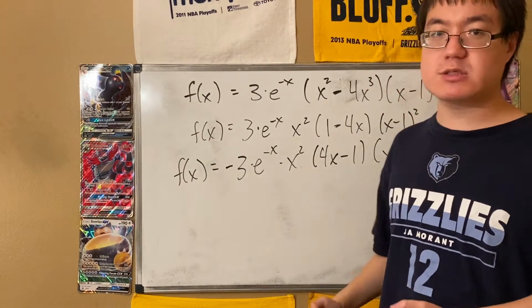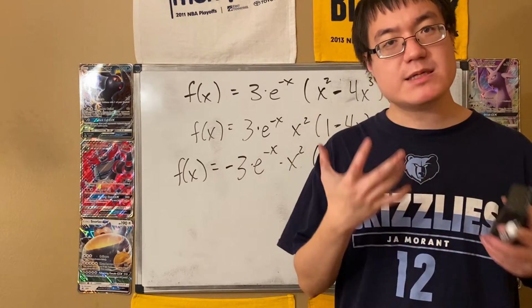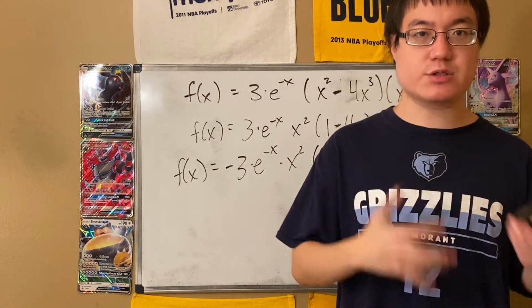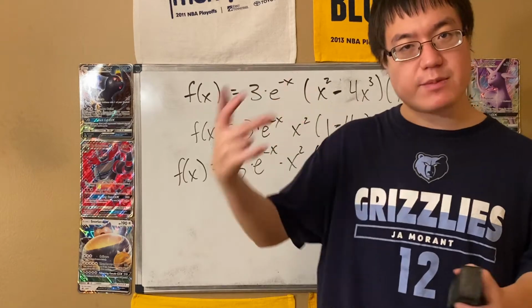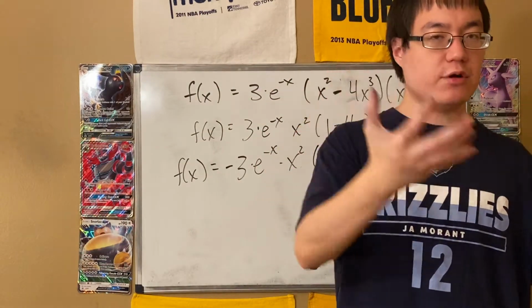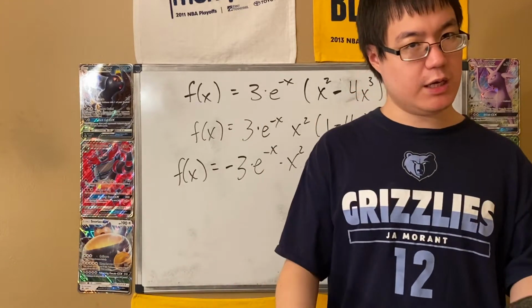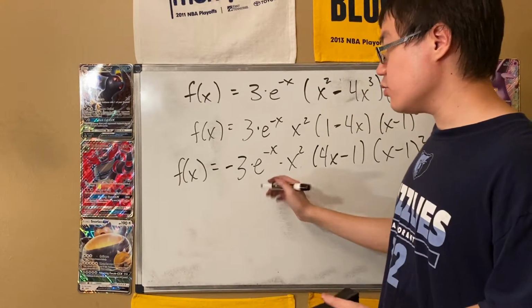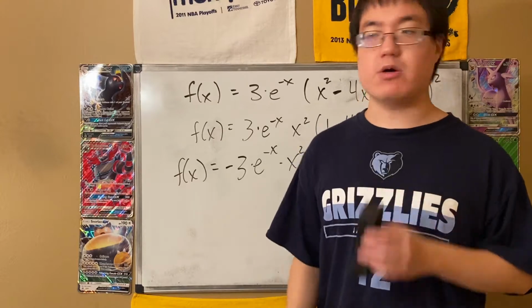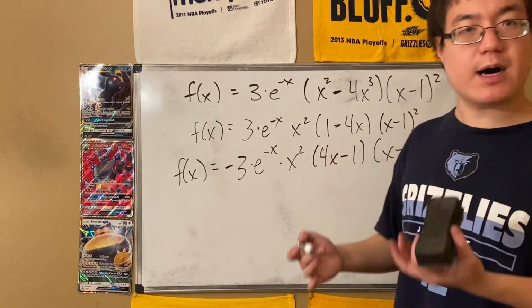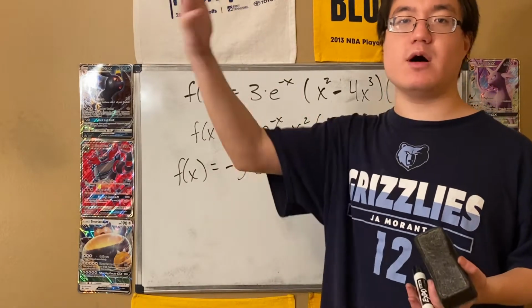And that's because 3 is positive. If you multiply something by a positive number, its sign is going to remain the same. So a positive thing times a positive thing is still positive. If you originally start off with a negative thing, multiply it by a positive thing, you'll end up with a negative thing. So if you don't know, e to the minus x is also always positive. E to any power, even a negative power, is positive because it's the same thing as 1 over e to